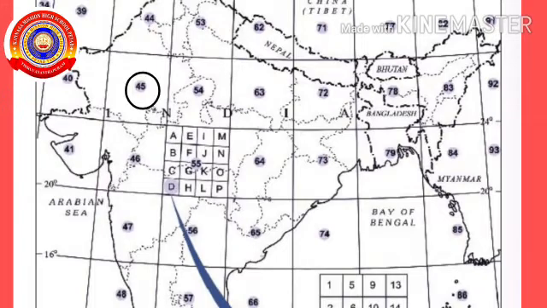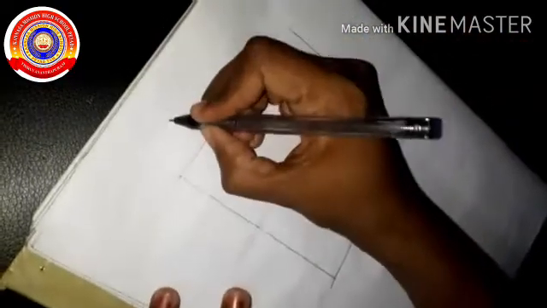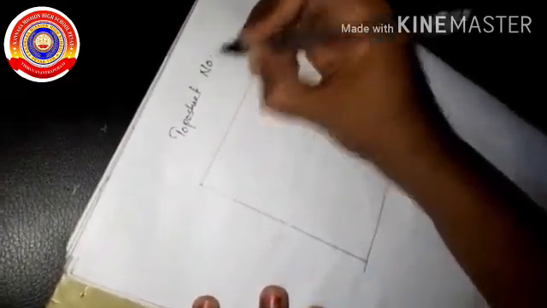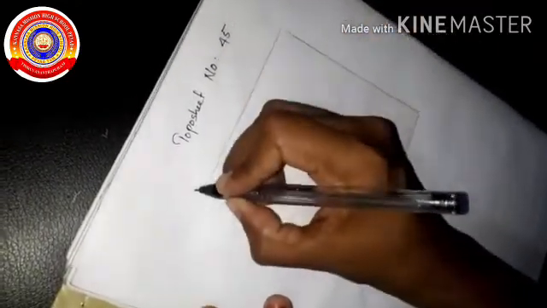First, we find where the number 45 is. Yes, this is the topo sheet number 45. First, this sheet is separated from the whole map. This is topo sheet number 45. This sheet covers 4-degree latitudinal extent and 4-degree longitudinal extent, that is in between 72 and 76 latitudes and 24 to 28 longitudes. That is a 4-degree difference between latitude and longitude.